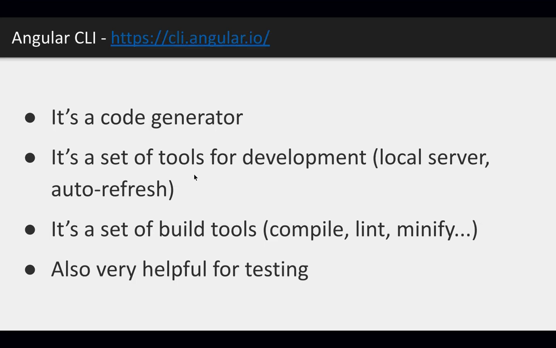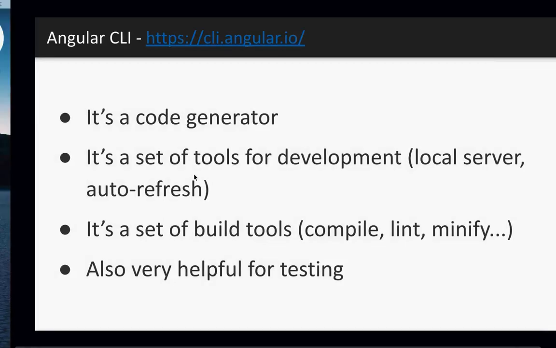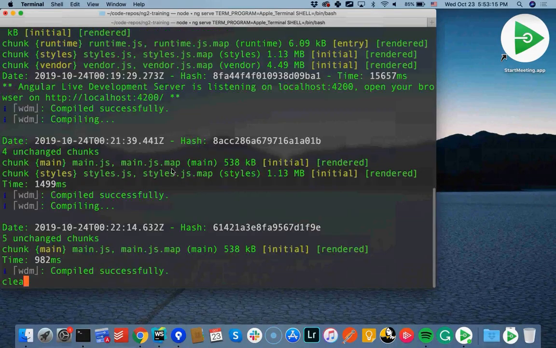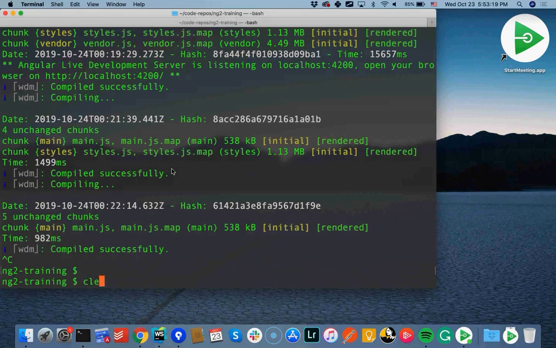So now I'm going to get into Angular itself, but before I do, I have to talk about Angular CLI. CLI stands for Command Line Interface. That's a command line tool that you can use to do everything with Angular, including compiling our project. So I'm going to illustrate that right now.